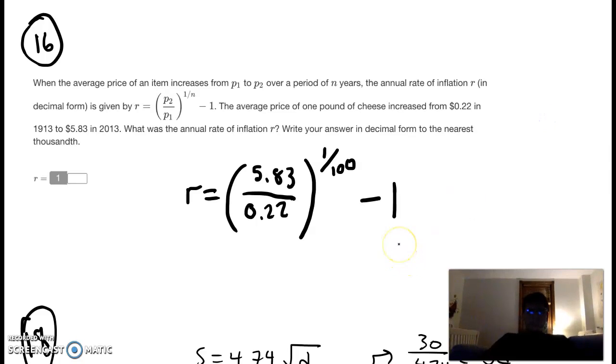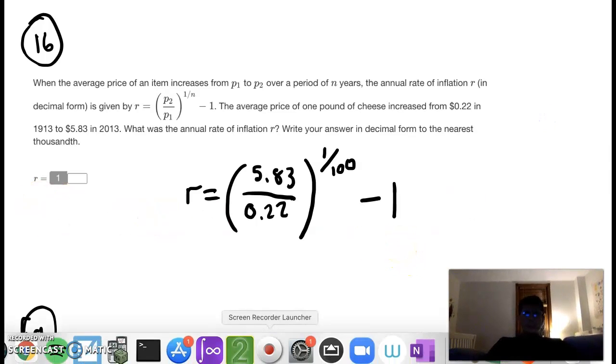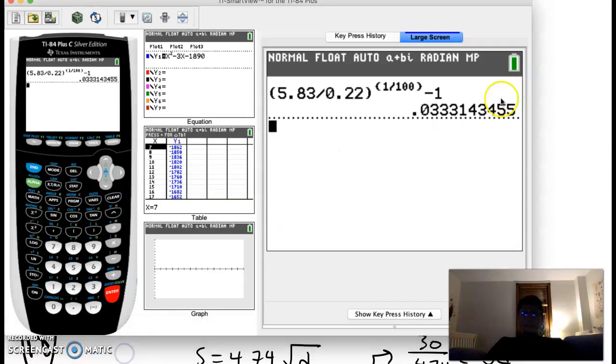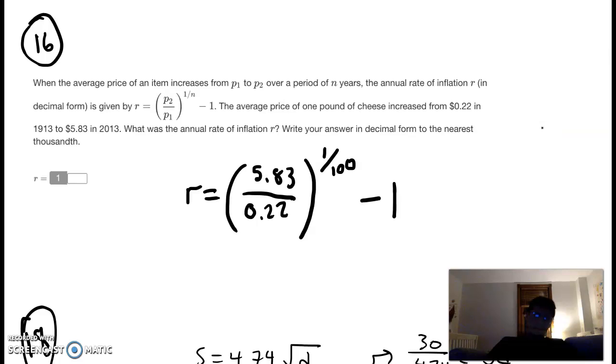0.0333. So to the nearest thousandth, okay, so that's 3 decimal places, 0.033, and then I wouldn't round up. So the rate would be 0.033, in decimal form. I was wondering if they're going to ask for it in percentage form. I think that's 3.3%